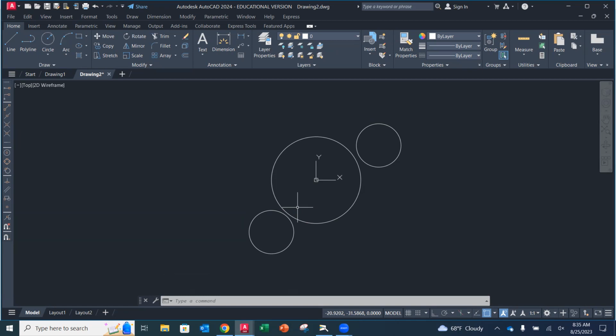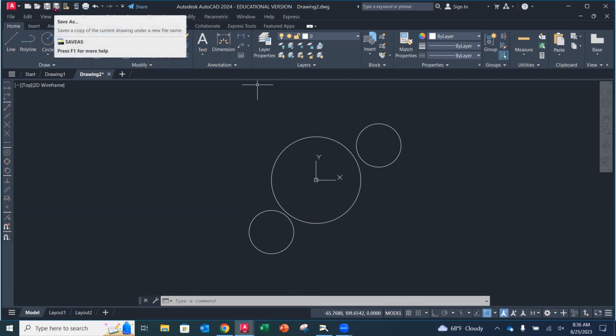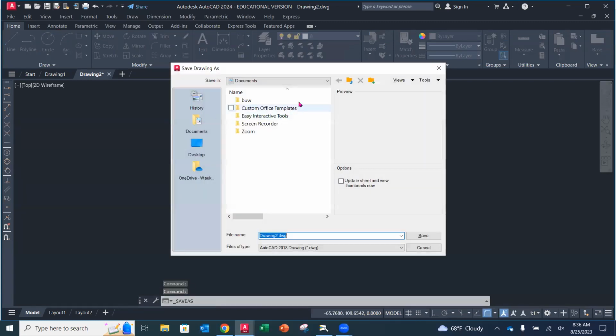So we're going to just do a real quick save. Okay. It's always good to save often, as we know. So I'm going to go up to, you could hit the file, or in our quick access menu, you'll notice that there is that little disc with the pencil. That's the save as. We haven't saved it yet. So we are going to do a save as, and then you want to navigate to where you want to